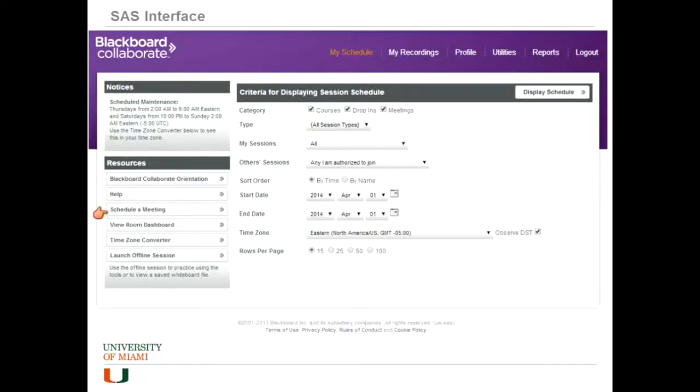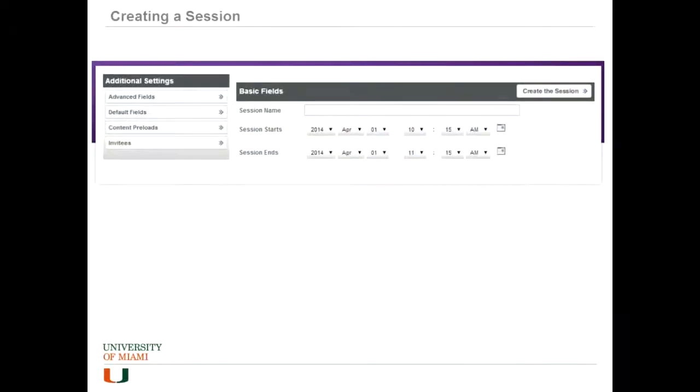Let me go back here. Schedule a meeting is the main option. You'll click here, and once you click that, it'll bring you to this screen. I want to point out something here: once you have access, and we've gone over this through additional training, this will be like second nature, but don't click this right away. You have to do a number of things before you create the actual session. First, we have to give it a session name. It can be descriptive, like here it says Blackboard Office Hours. This is the session we use for our weekly office hours that we put on every Wednesday.